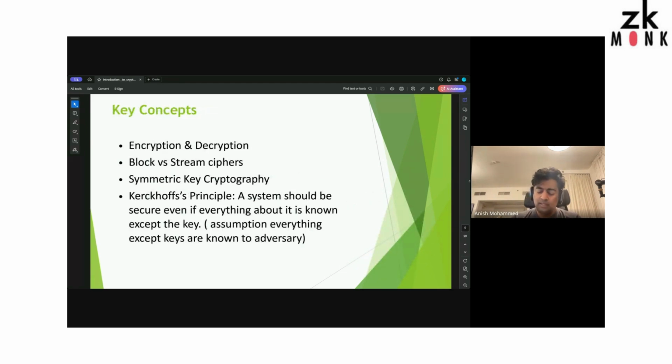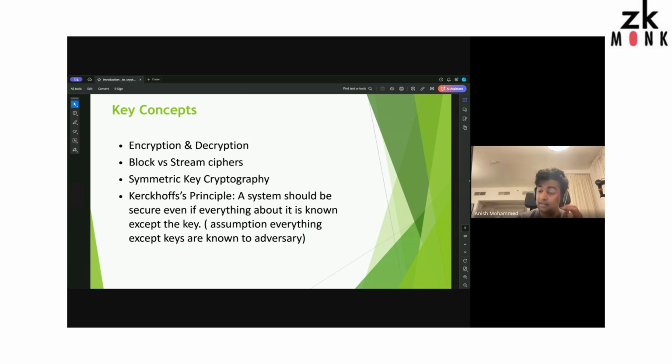Okay, so in general, there's what I would say three pieces that you need to recognize in this whole story of cryptography. There's this mechanism by which you have text, which is called plain text, and you convert that into the ciphertext. That's called encryption. So plain text to ciphertext is encryption, and the other way around is called decryption, right?